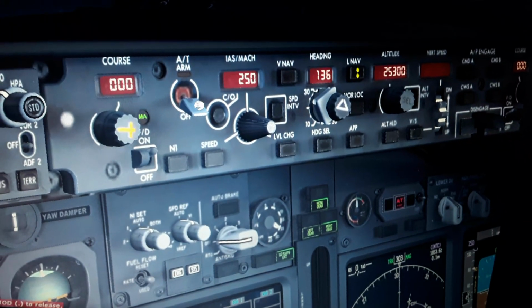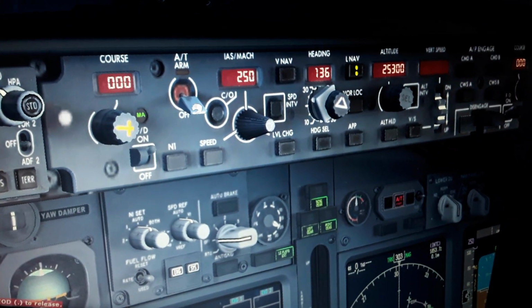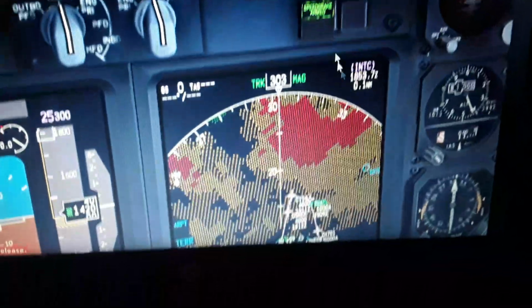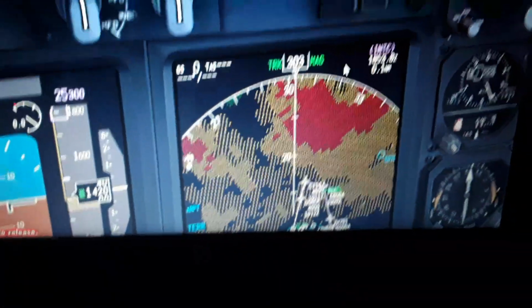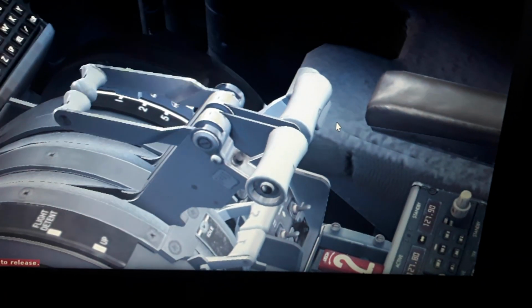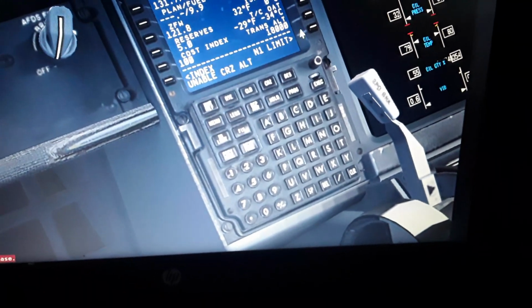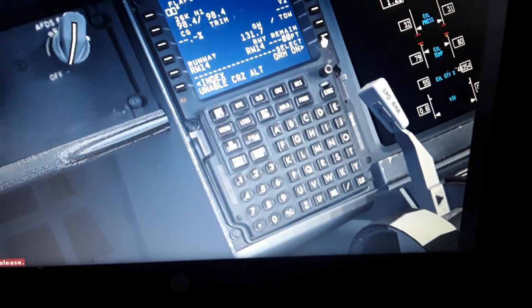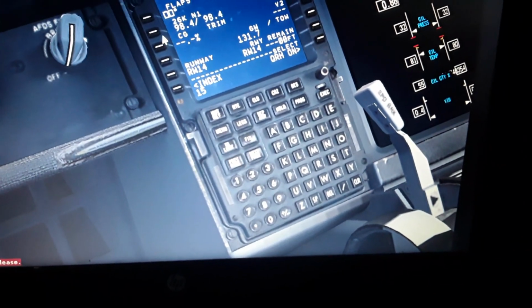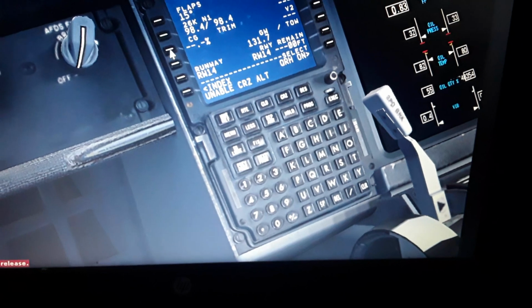It's resetting, that's why I cannot connect it. The auto thrust is reset. So I'm gonna use the flaps for takeoff. Okay. And the pitch trim for takeoff. Flaps 1.5. Center of gravity 22%,